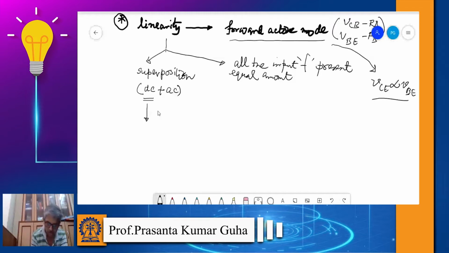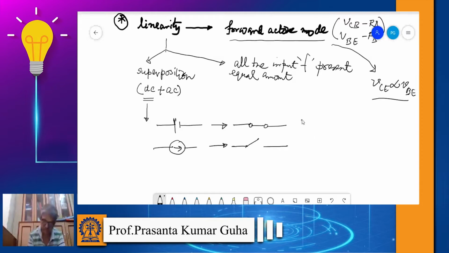What we can do is, all the supply voltages can be replaced by short, and all the supply currents can be replaced by open circuit. We have also shown in the last class that for AC signal analysis, we